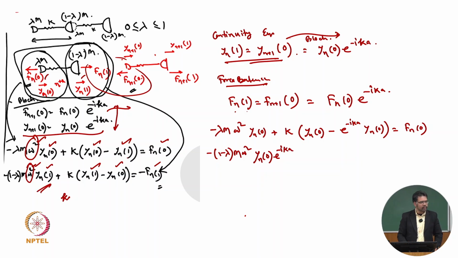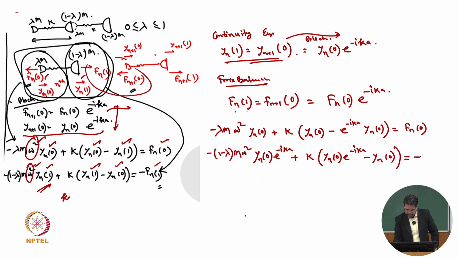You see? Yn1, we have already found out. This is this. Plus k into yn1 again, yn0 e to the power of minus ika, minus yn0, equal to minus Fn0 e to the power of minus ika. Okay, so that becomes my equation